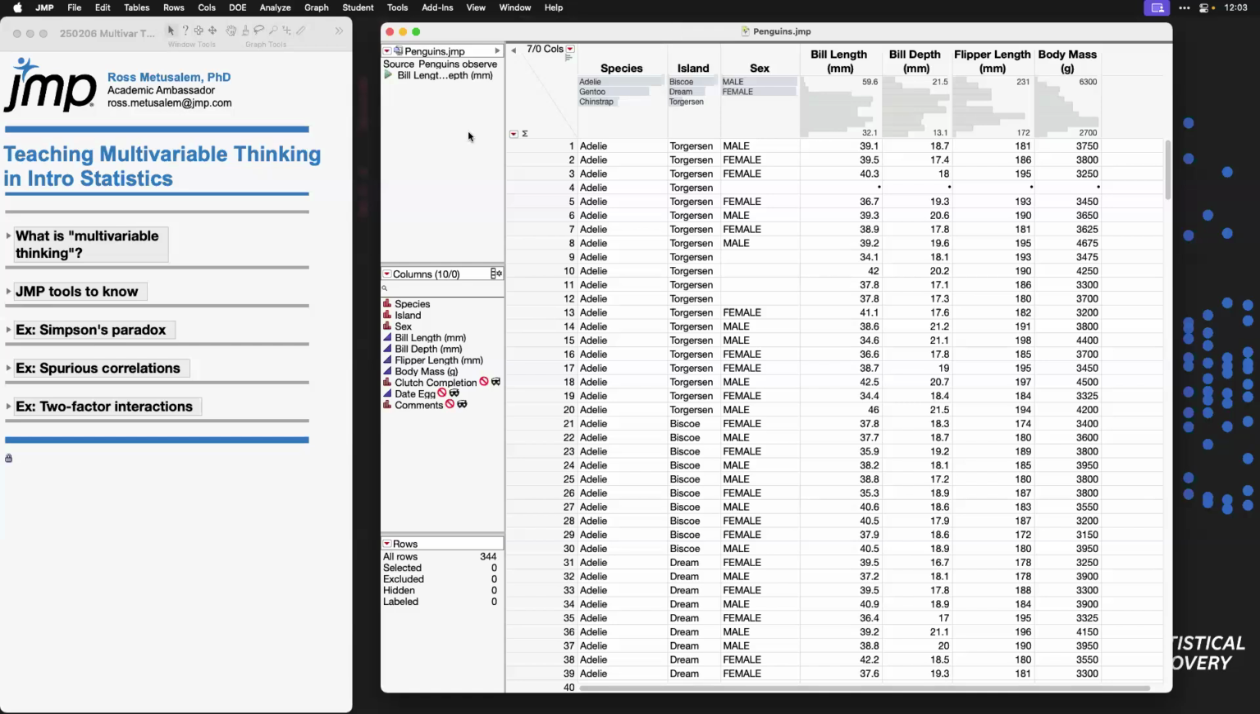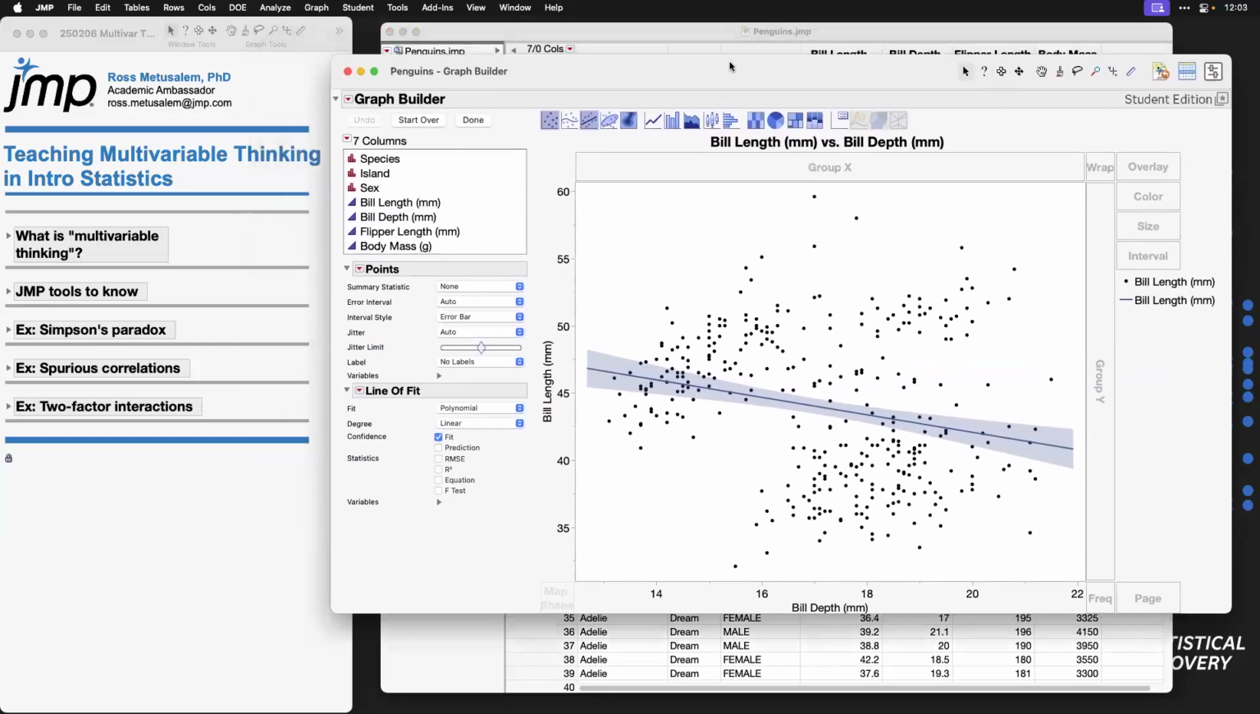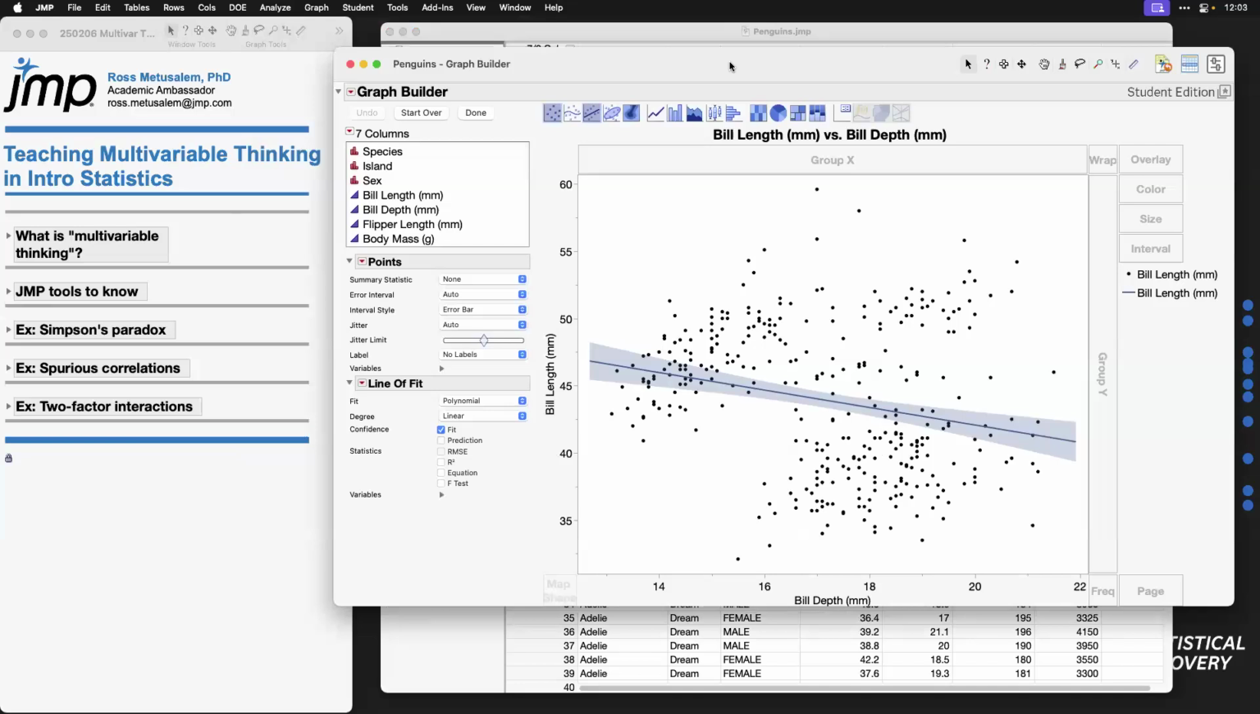And so just to give you an idea of what I mean by multivariable thinking, let's take this graph, and I'm going to talk about how to make graphs and other things as we go along. So if you're new to JMP, don't worry, just sit back. I'm just trying to make a conceptual point right here. But here I have a graph of our penguins'